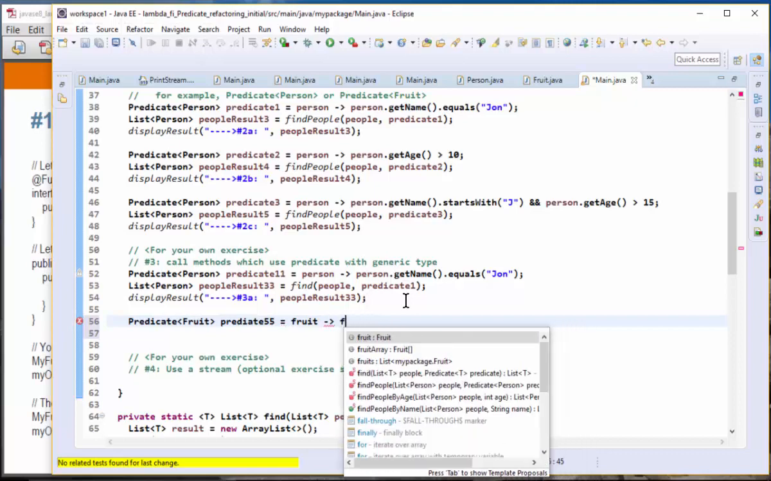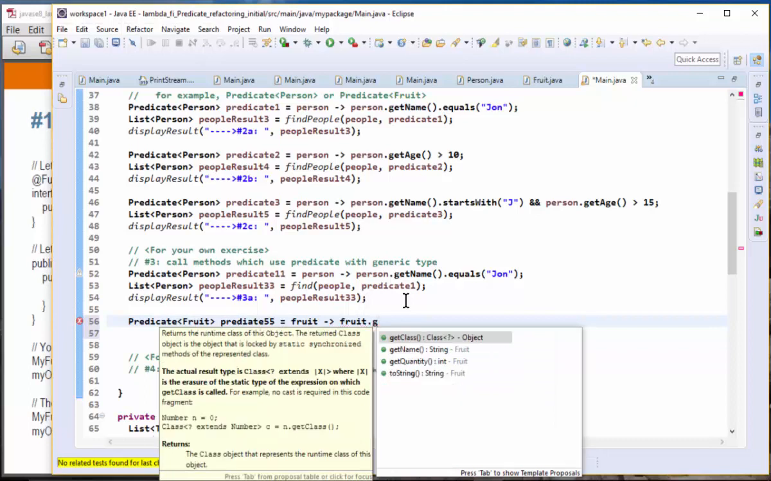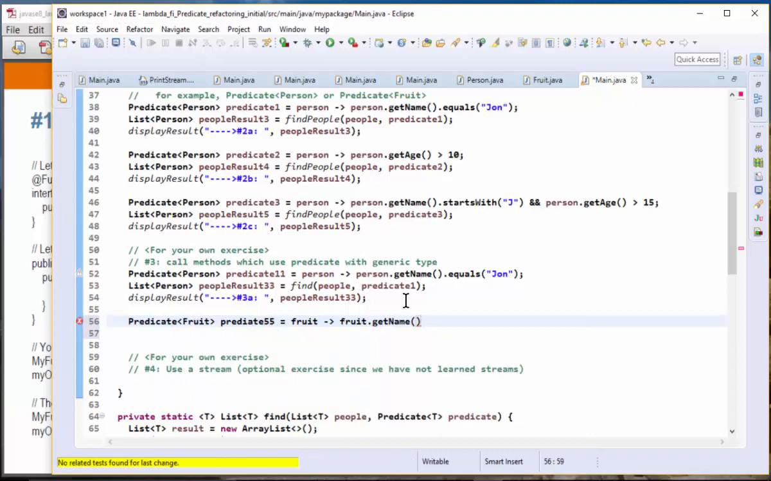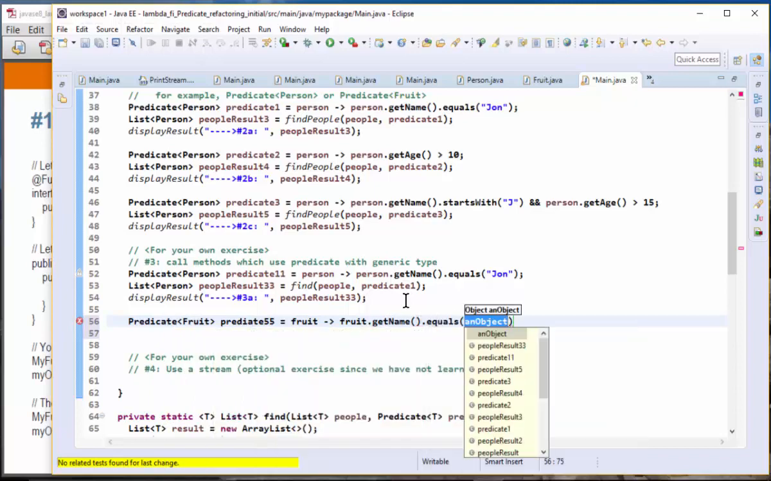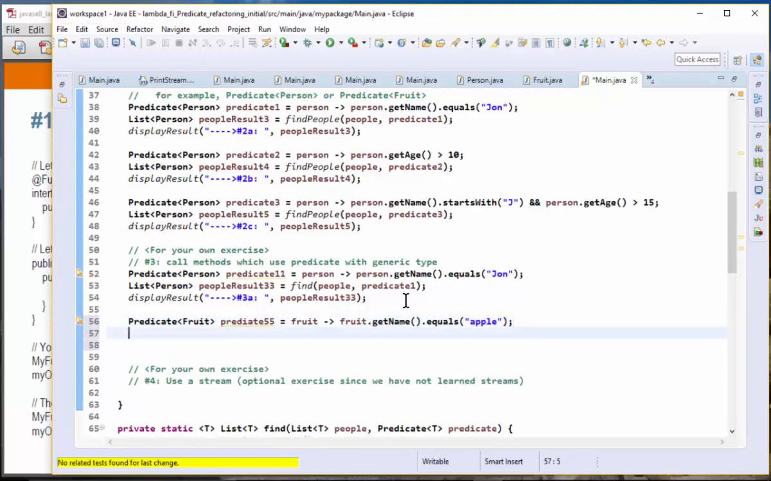I want to actually find a fruit whose name is apple. Okay, so it has a get name equals apple, like this. So we have a predicate like this, and now I should be able to pass this predicate to the same find method. So I have now returned a list of fruit, and this is going to be fruit